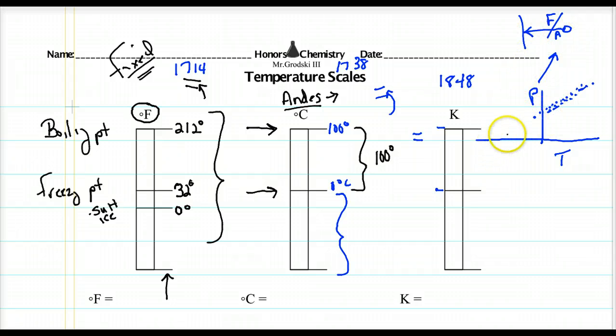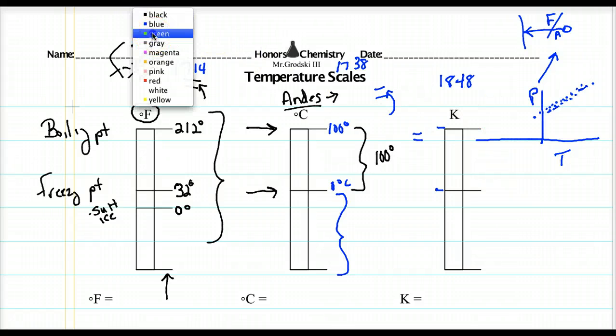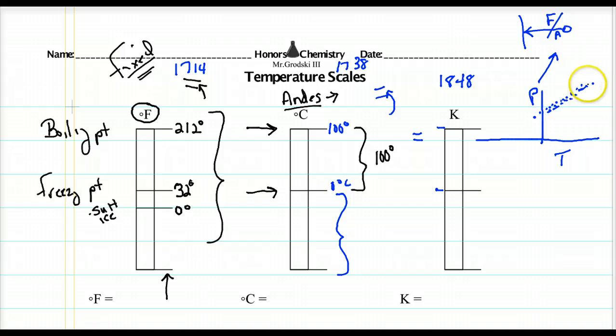Now, he couldn't measure over here, but he postulated, wait a minute, if I can get some kind of linear relationship, couldn't I do a regression line or extrapolate that to this axis here? And he said, yeah, this must be the coldest possible temperature. When there's no more pressure, there's no more temperature. Okay, and he found it to be negative 273 degrees